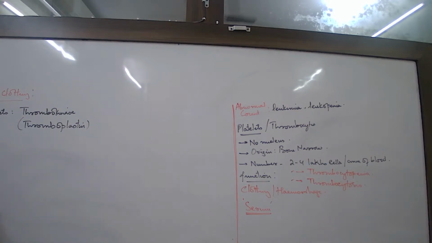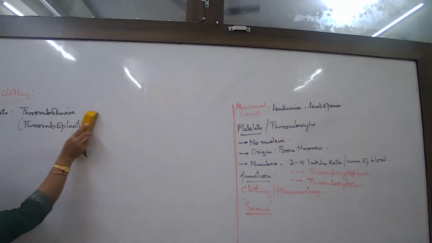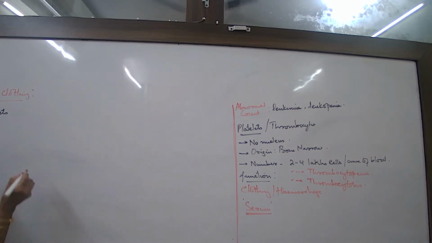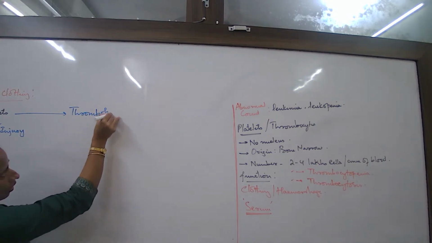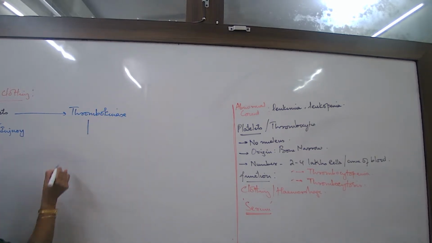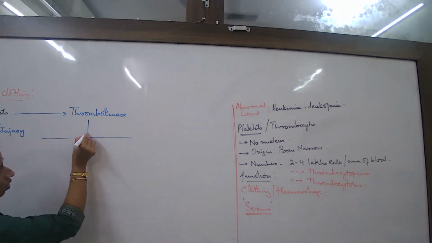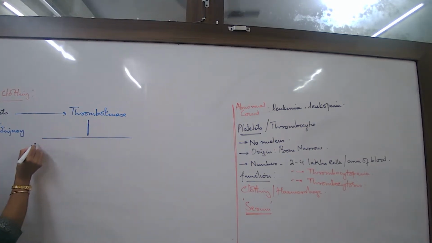How are you now supposed to write this down? Let us write it down properly, all of you. Platelets at the site of injury. At the site of injury, what are they releasing? They are releasing thromboplastin or thrombokinase. Then this thrombokinase or thromboplastin is converting